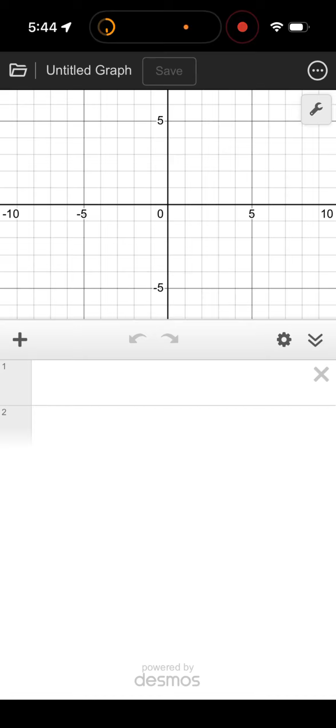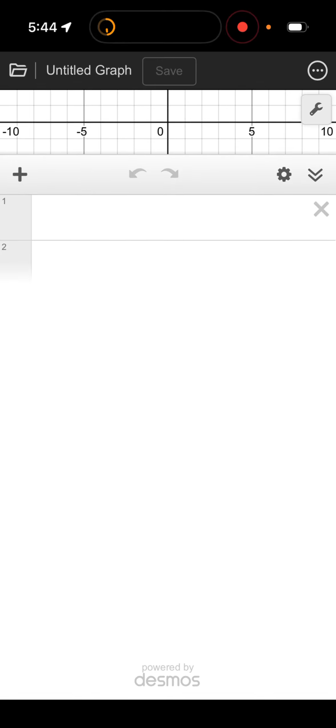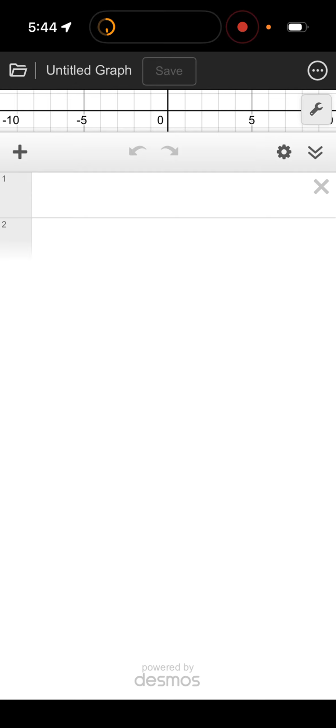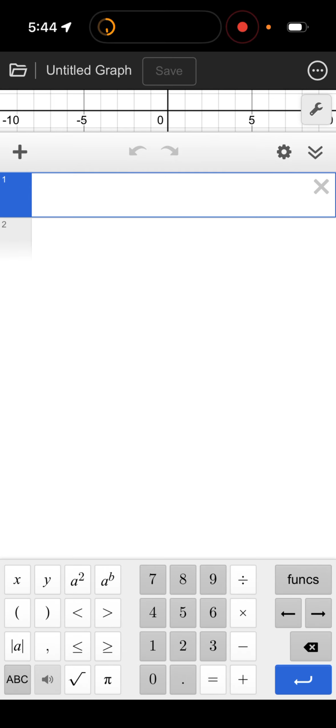So I'm going to quickly run through a little video showing you the way I would set up my Desmos template to work through 13C. So first thing I do is I slide the entryway up a little more because we don't really need a graph for this thing. And then remember, we're going to start by taking a value for speed in miles per hour, converting it to feet per second,